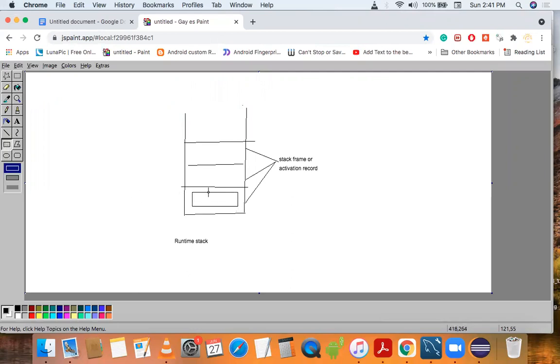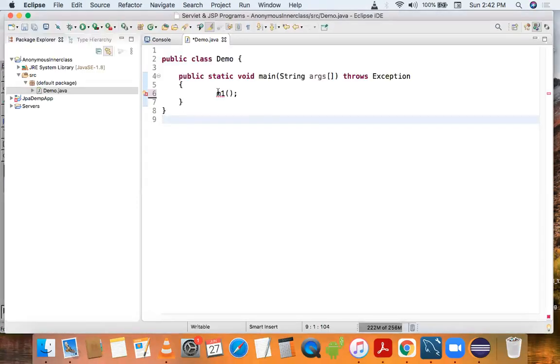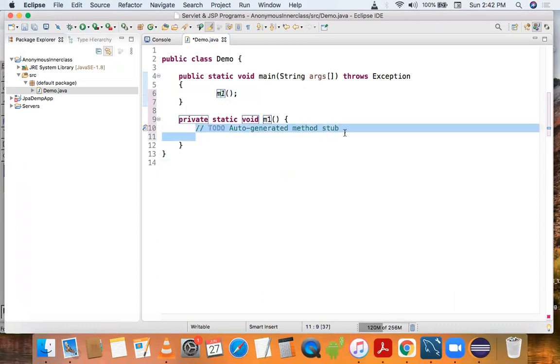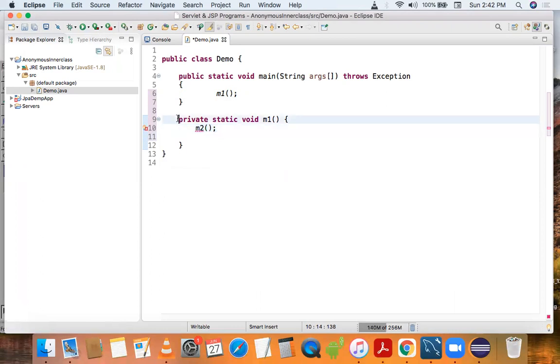So this main method will be stored in runtime stack, and here we created a M1 method, and M1 method will call M2 method. So this is our M2 method.